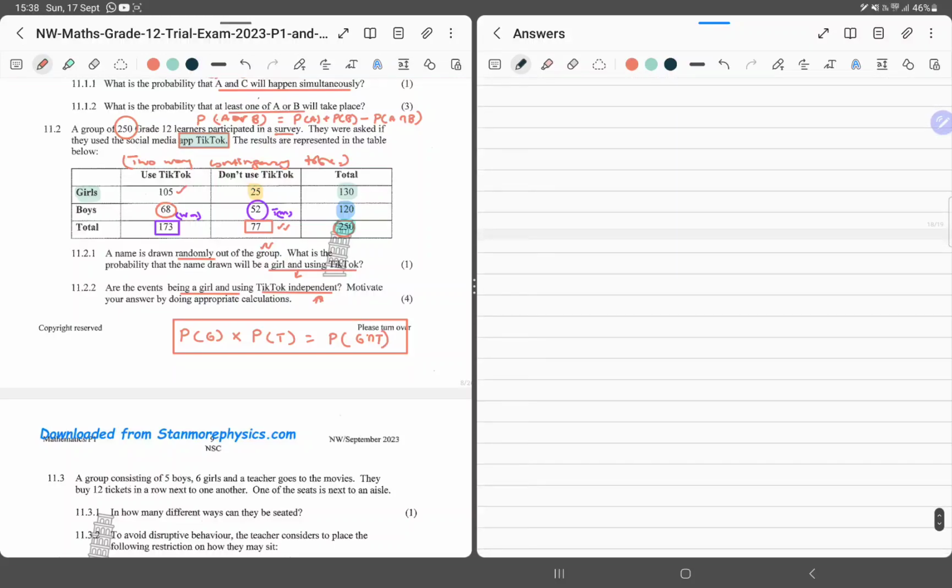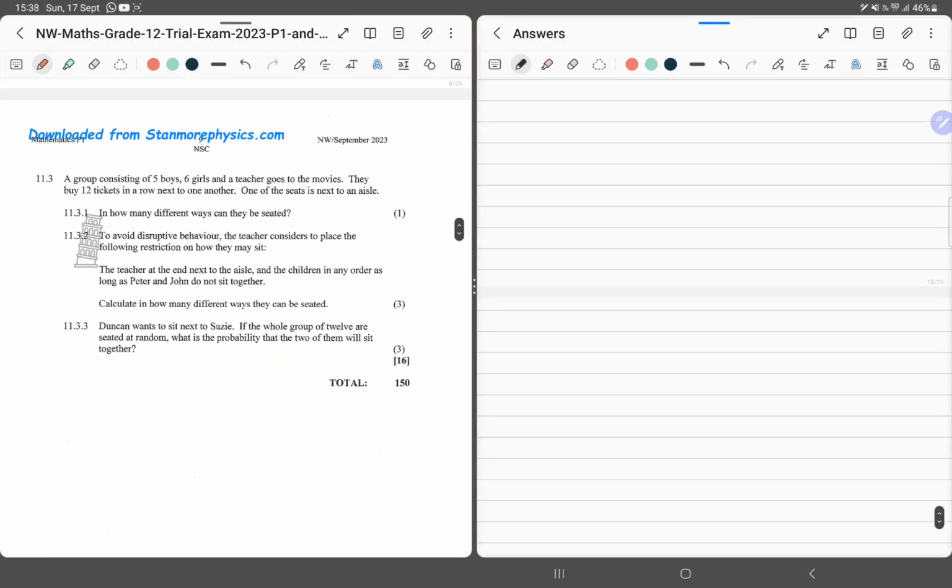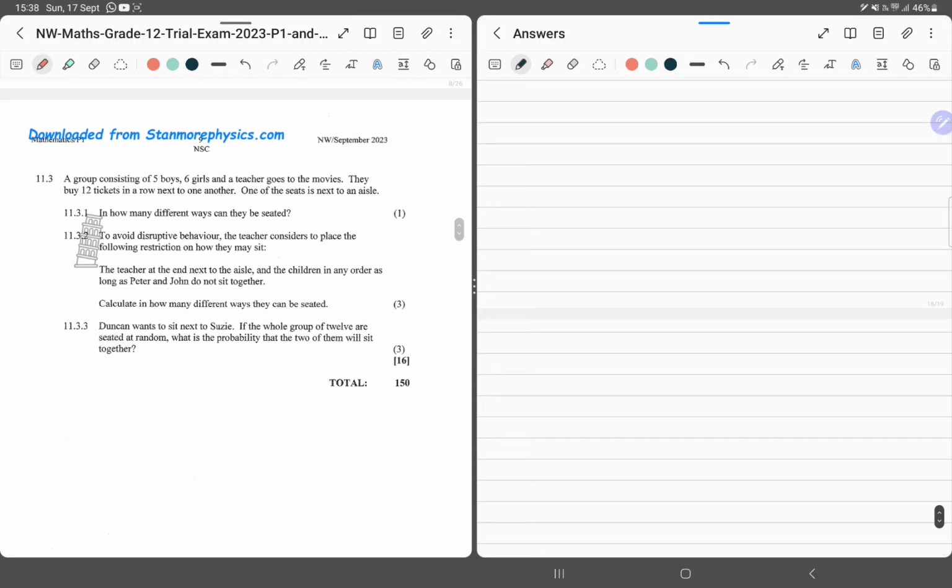Okay, guys, let's now move slowly. So let's do 11.3. With 11.3.1. It says now a group consisting of 5 boys, 6 girls, and a teacher goes to the movies. Okay, right, this teacher is too social. These kids are not going to respect you, man. Don't do it. They buy 12 tickets